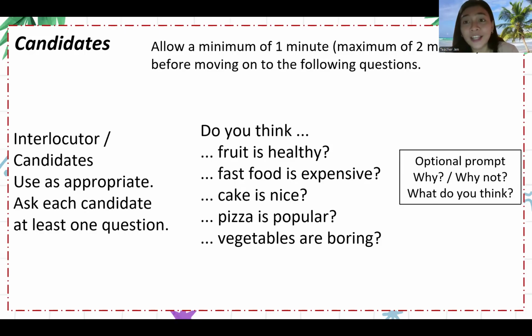For example, do you think fruit is healthy? Yes. Why? Because fruits have a lot of vitamins and minerals that help our body stay healthy. Yes, that's great, very good. How about fast food? But do you know, I like fruits? Many students can add some information to their answers. They are good students, so just listen to them. While listening, you are observing which parts are wrong: pronunciation, grammar, verbs, subject-verb agreement. Then you correct and write it here.